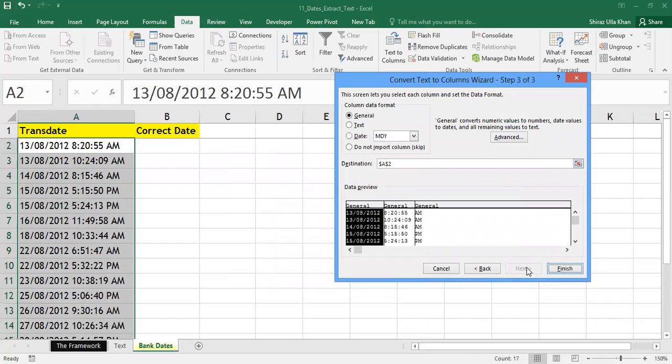Now in the step 3, people, if you remember the previous example, we directly went to destination and selected the cell reference where we wanted to paste, and hence the data got split into 3 columns. But now the requirement here is, yes, we need to do this, but before doing this step, we need to only import the first column. I don't want the second column and the third column, the time and the AM and PM. Now I'll teach you how you can skip some of the columns which you don't want to import.